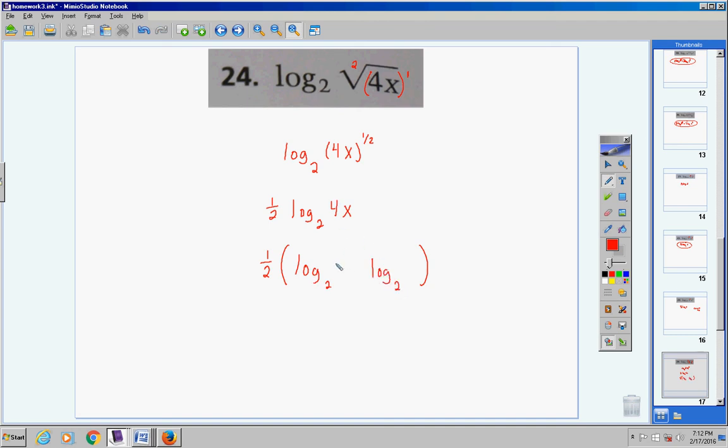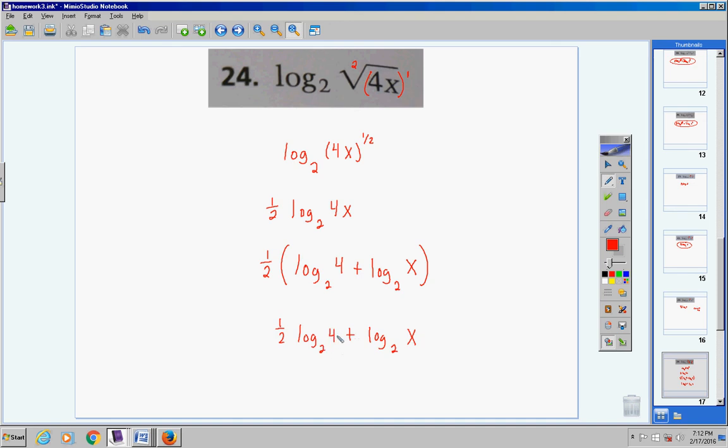Okay, 4 would go here, x would go here, and a plus sign. Okay, now don't forget this 1/2 can get multiplied through, so now we have 1/2 logarithm base 2 of 4 plus logarithm base 2 of x. Okay, now I have